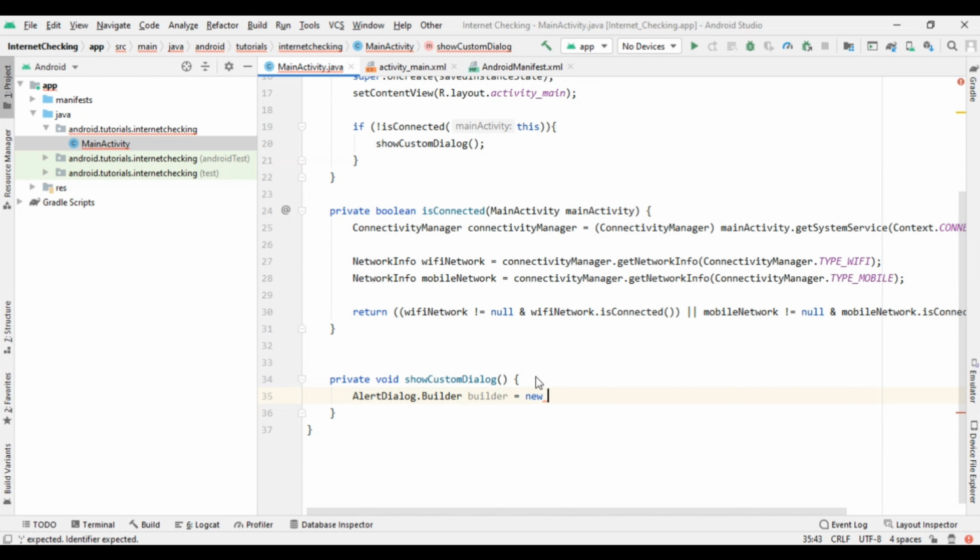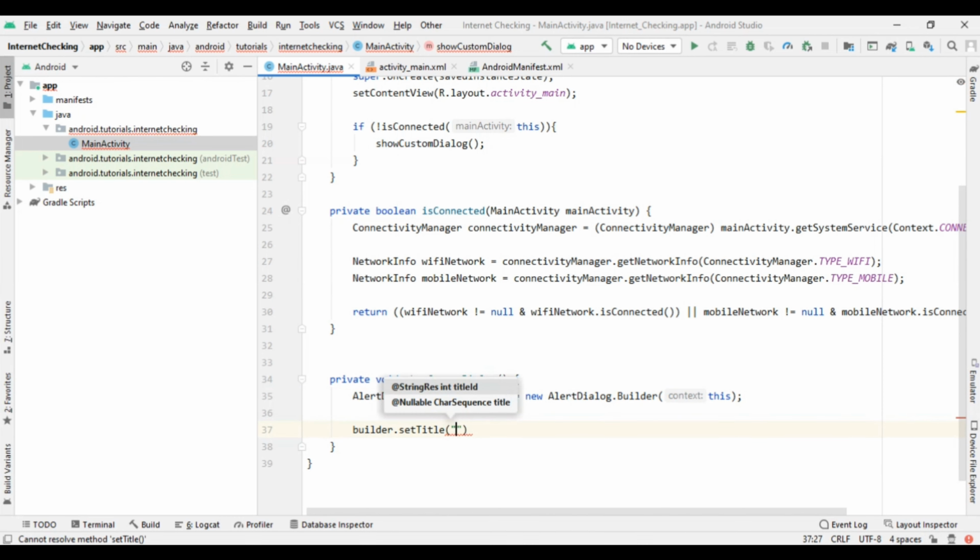After that we have to write builder.setTitle, as we are always giving the title. So here I am giving error, or you can write check the connection, or anything that you want.